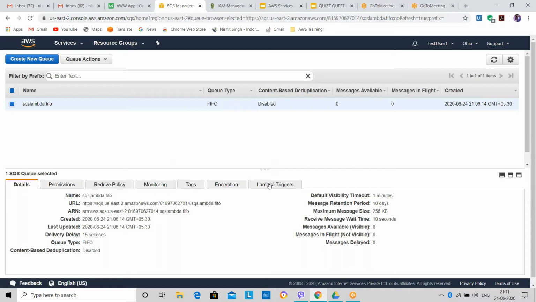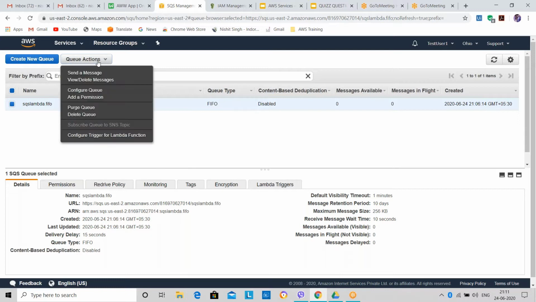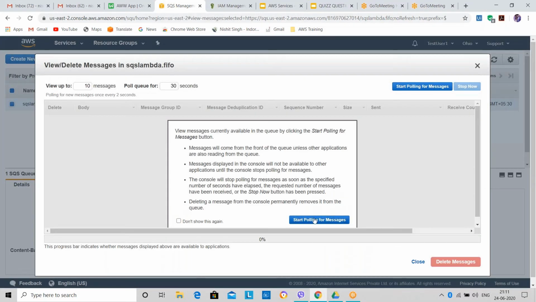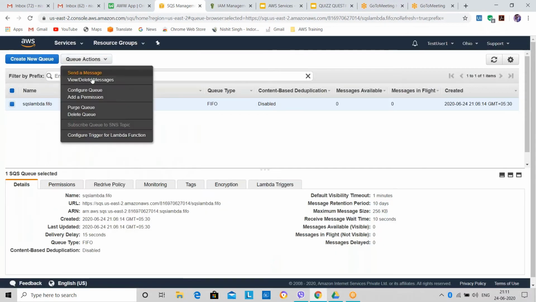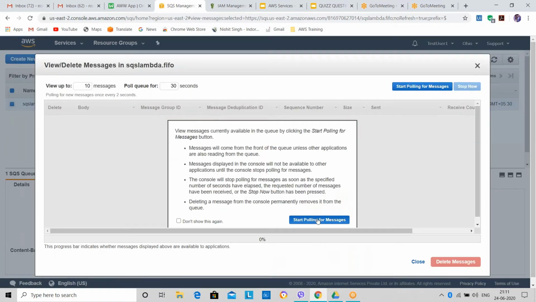After you configure the Lambda trigger, you can also view which messages you have sent. To see which messages you have sent, you have to go to view and delete messages, and you have to start polling the message.